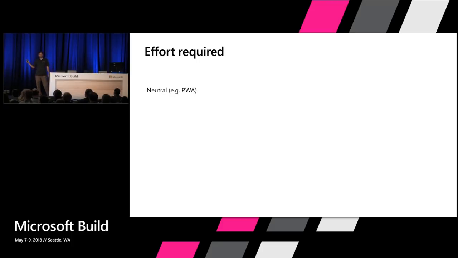If you're a neutral app, for example, a PWA, Twitter is a great example, you don't need to do anything, right? It runs natively. It uses the power of Edge, right? It's always native. It's JavaScript. You don't need to change anything. Your package is neutral. It just runs natively on this. Great. If you're UWP,